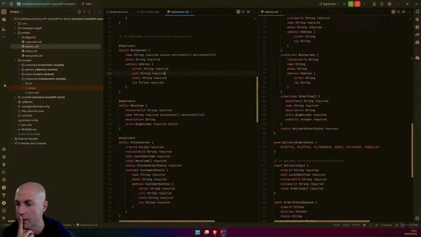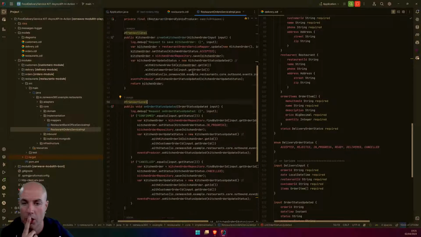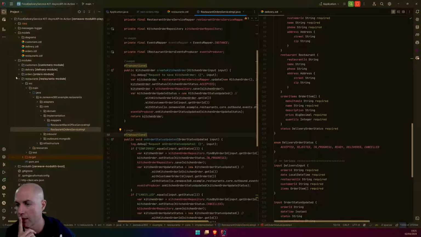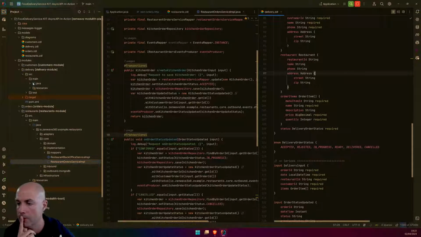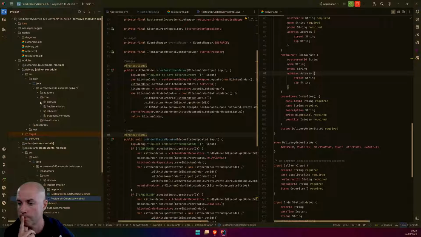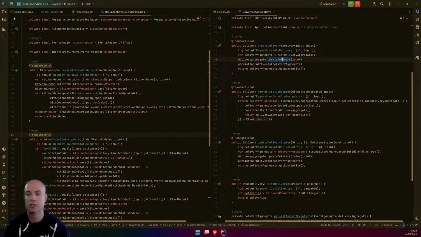The restaurants implementation, restaurants order, okay, and okay, let's bring up also the delivery. Okay, so this is the difference in the implementation.